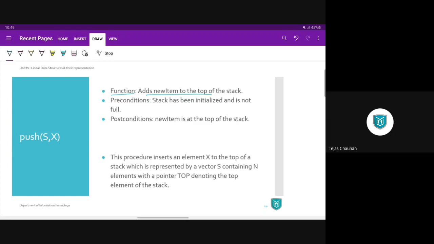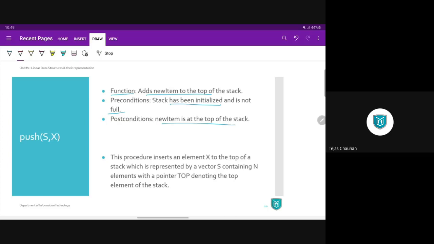Now preconditions: your stack must be initialized and it should not be full. Then and only then you will be able to insert a new value. And the post condition will be the new item will be on the top. Whatever new item you push will be on the top.